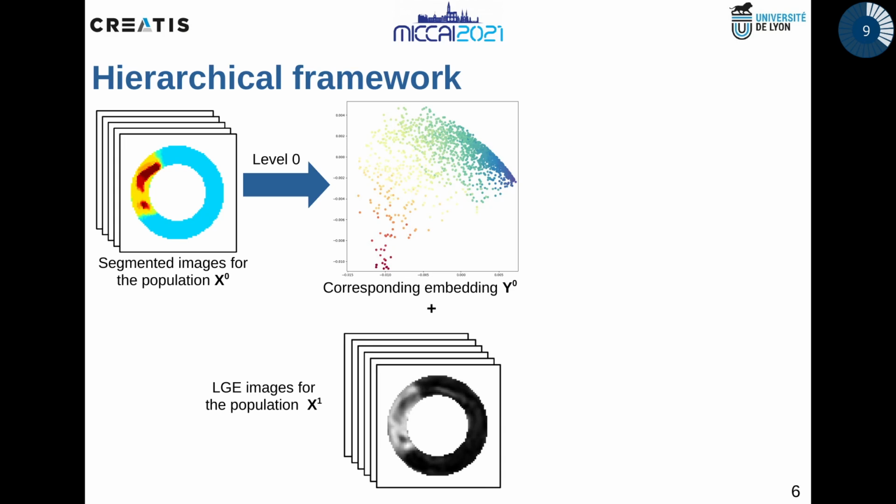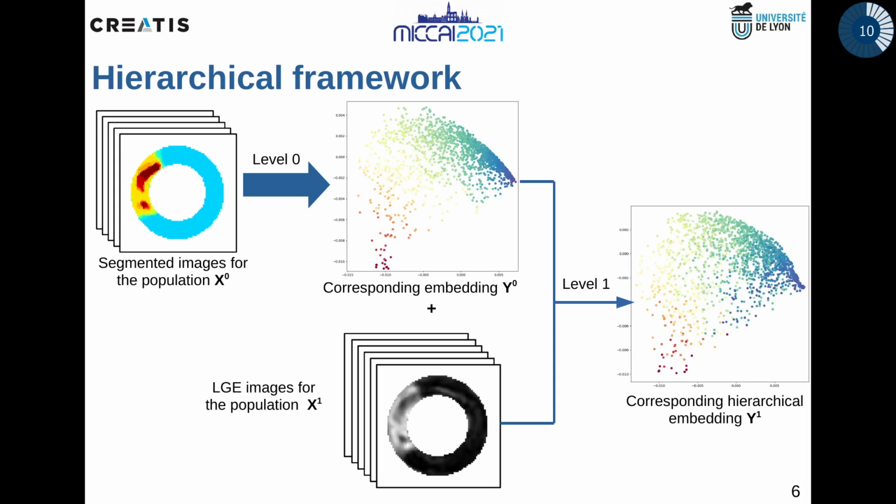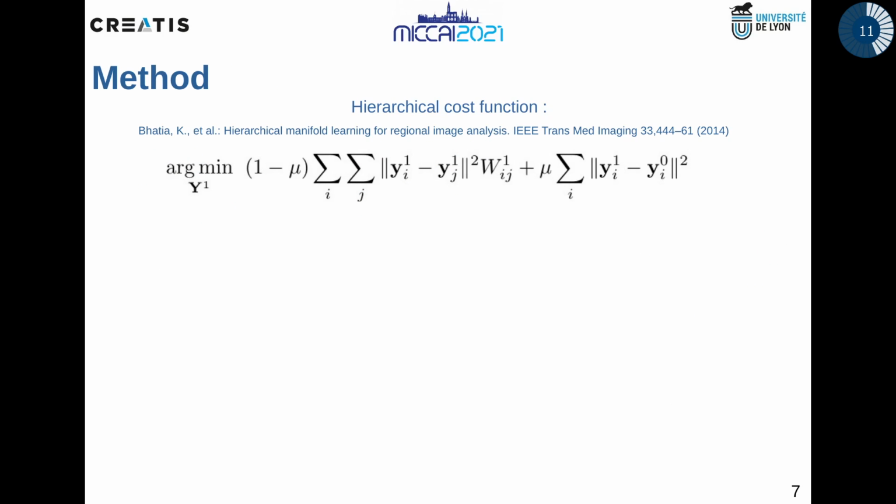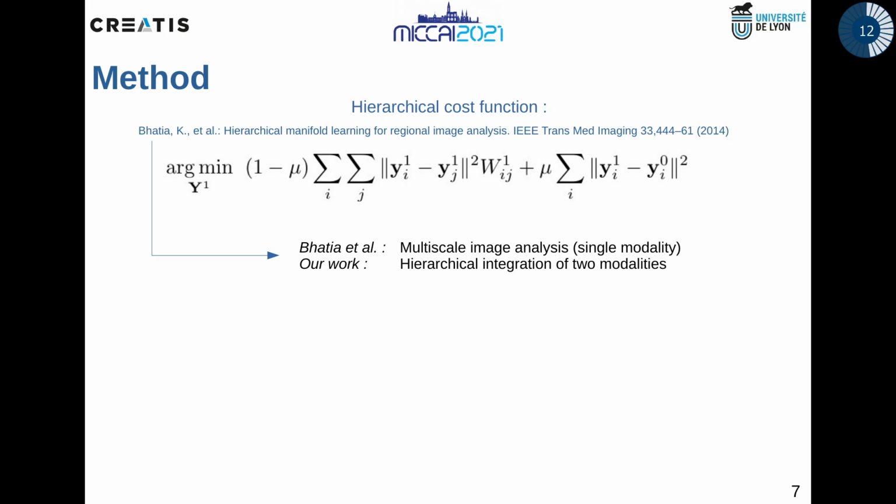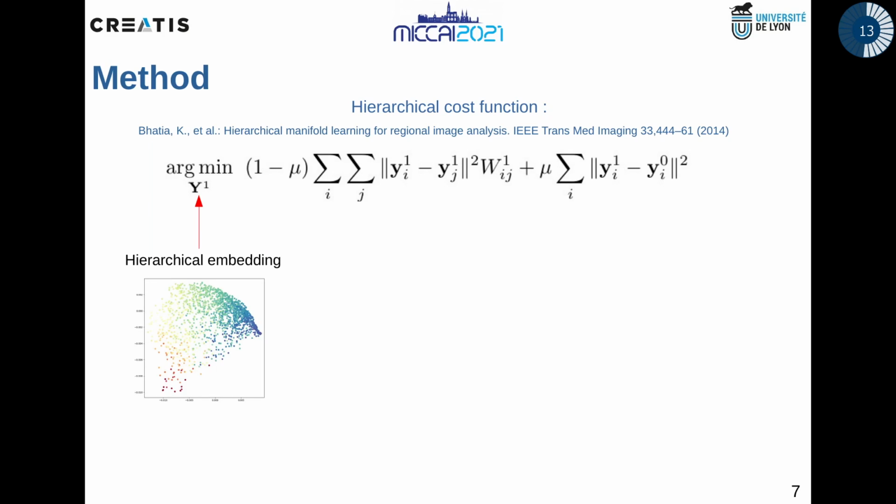Then we fuse the information from the population x1 to obtain the level 1 of the hierarchy, which is our hierarchical embedding y1. To do so, we used the hierarchical cost function of Bhatia. Duchateau designed it for the multiscale image analysis of a single modality, where we use it for the hierarchical integration of two modalities. So if we have a closer look at this equation,